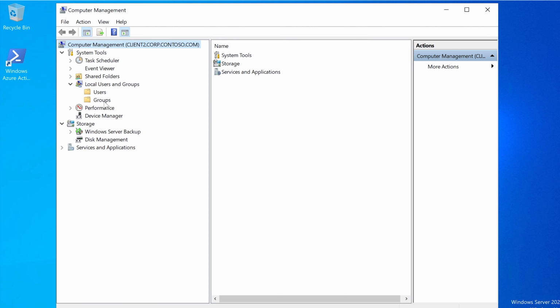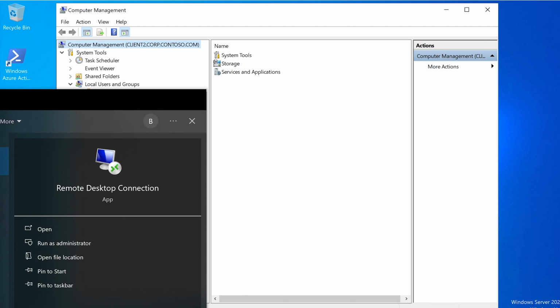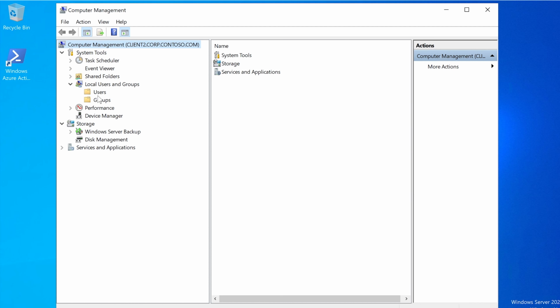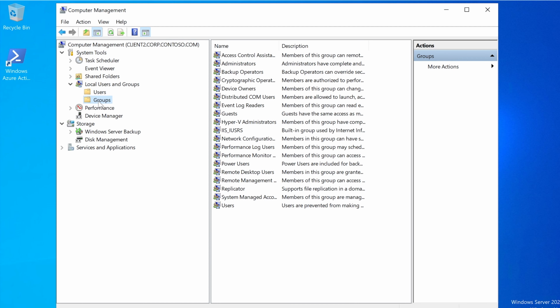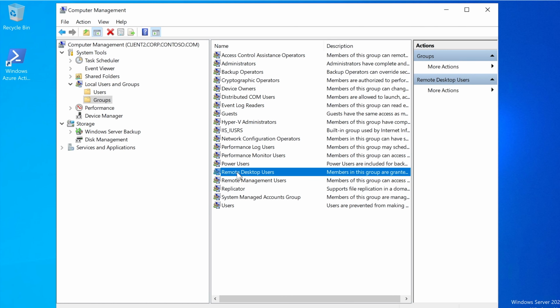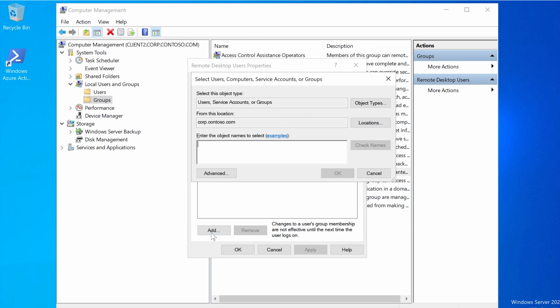So we need to add test user 4 to a local group that has the ability to use just a plain old remote desktop, which again is this Remote Desktop Connection. That way, whenever they type in, in this case, client 2, they can connect to it and they would have the ability to log in as well. So we're selecting Groups in this case because we need to add test user 4 to the Remote Desktop Users, which is right here. By adding test user 4 to this,